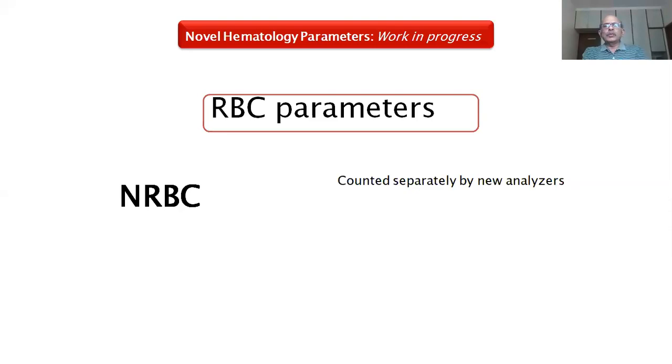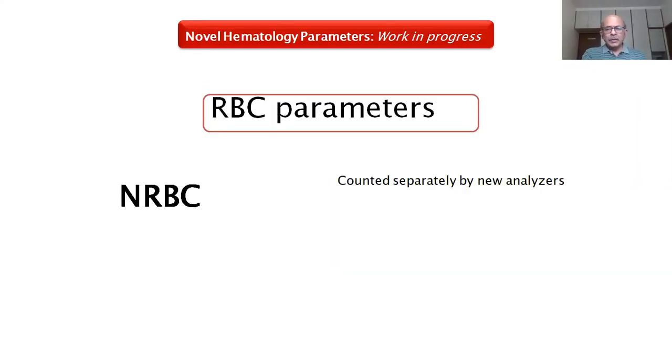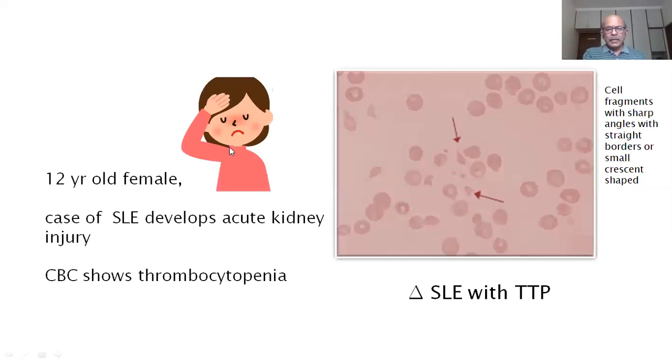As I told you, a lot of revolution is taking place in the field of automated hematology analyzers, and all that can be summarized in one sentence: it is still work in progress. As work continues briskly in this field, you will have newer and newer parameters coming up. Now nucleated RBCs are given by many of the newer cell counting machines. Another parameter which is given is what I would like to demonstrate here. This is a wonderful example of a parameter which was of great usefulness for us.